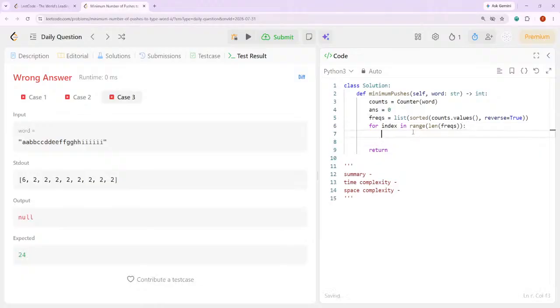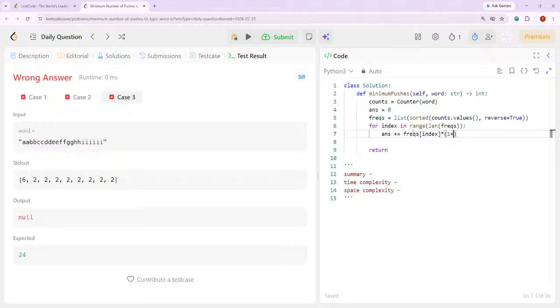Then the answer is going to increment by the frequency, which is going to be the frequencies at this index, times how many key presses this would take. And I think that would be 1 plus,